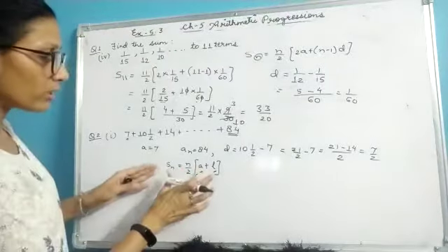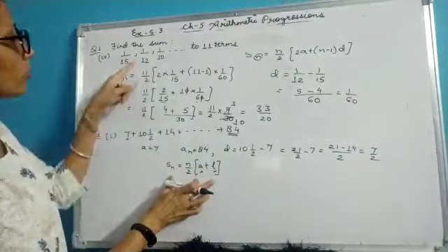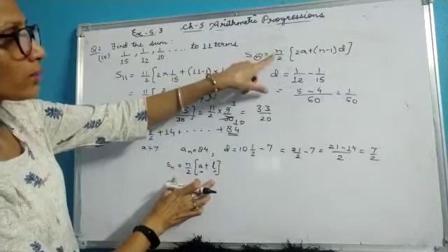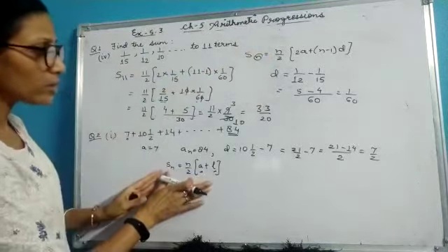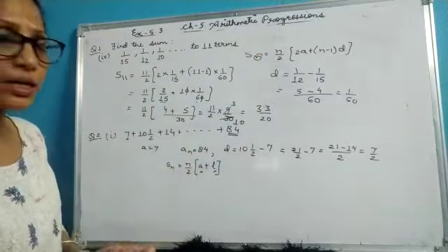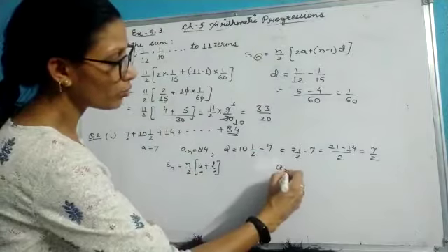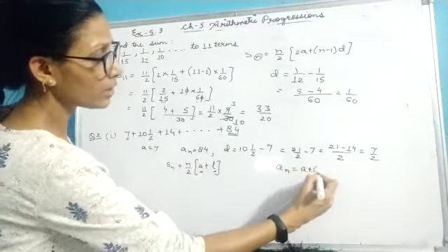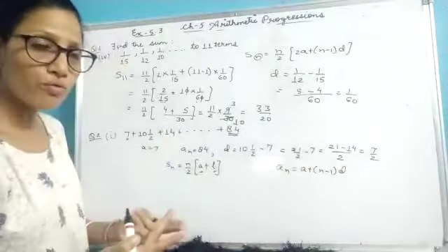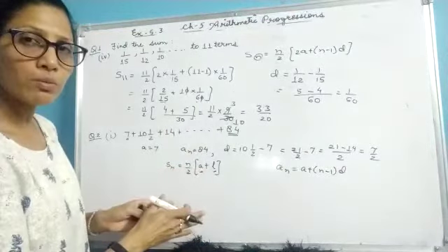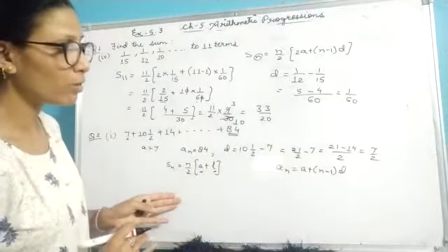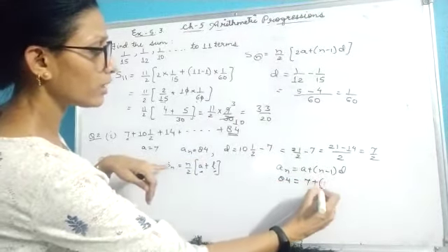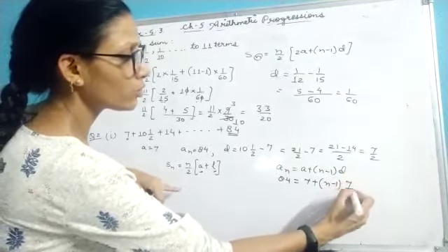So what you can do, either you can apply this formula or simply you can apply the other formula to find the sum, because here you have to calculate n for this. So before applying this formula I need to calculate my n, and for n I can use a formula which is again just an equals a plus (n minus 1) into d. I have just two formulae. If this formula is not giving me the answer, that means side by side I have to apply that formula also. So your nth term is given as 84, your a is given to you as 7, (n minus 1), and d is given to you as 7 by 2.